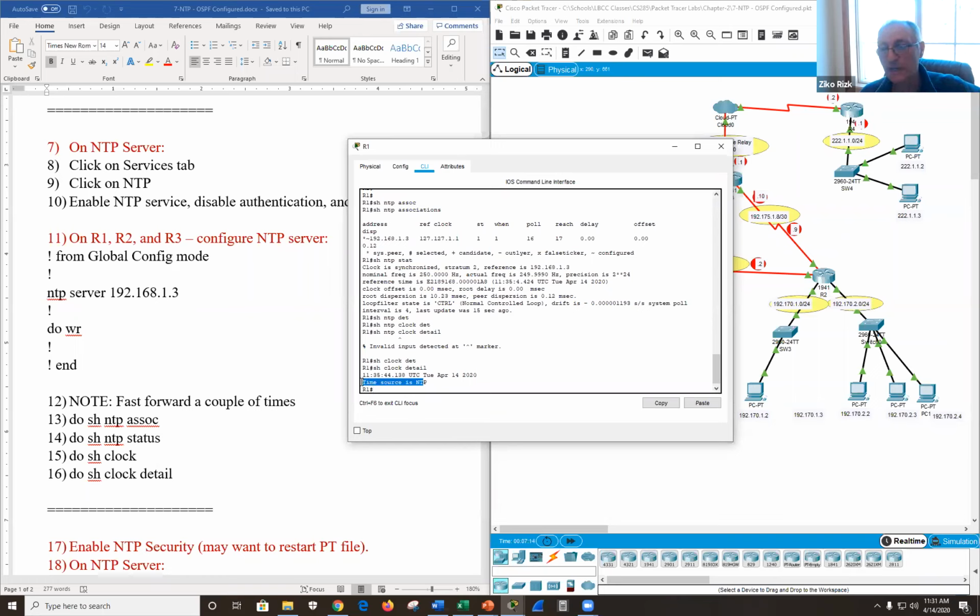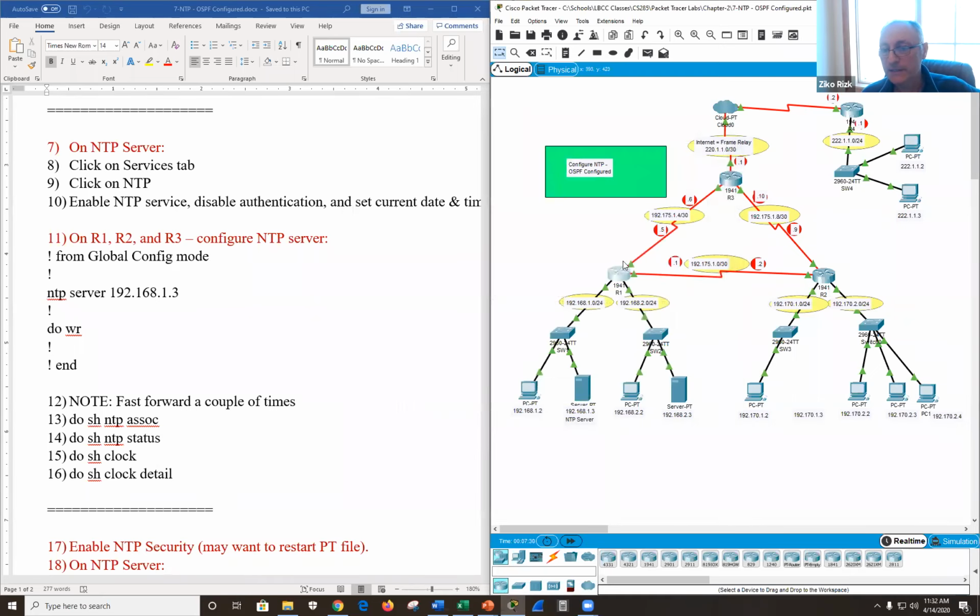Do you remember when we started, time source was hardware, was local, and now the time source is the NTP. And every so many minutes, it will go back and synchronize one more time. And I can do this on all of those devices, and they will all synchronize with the NTP server.